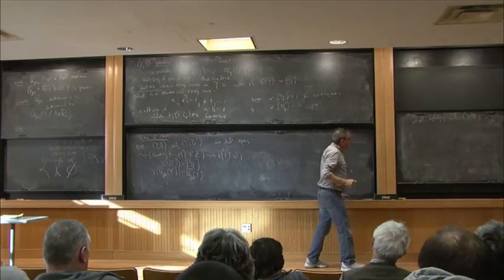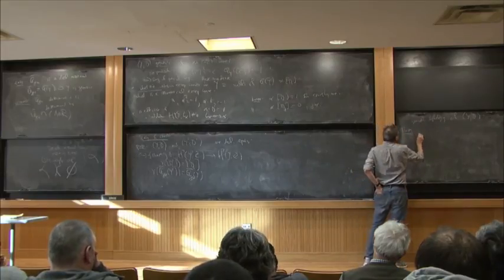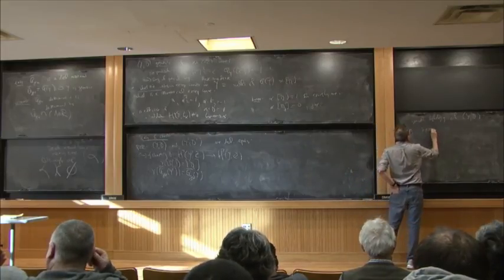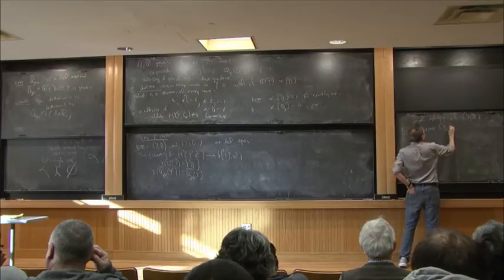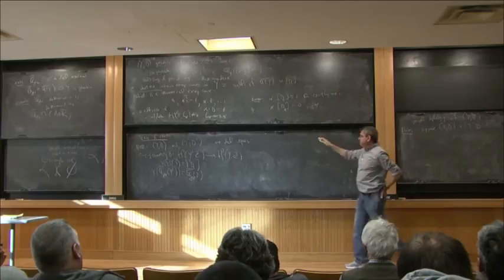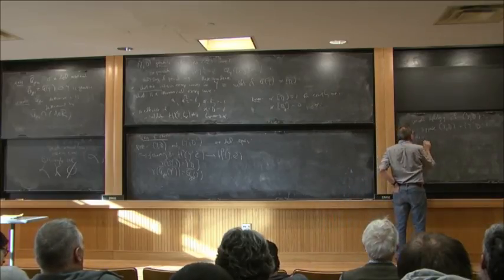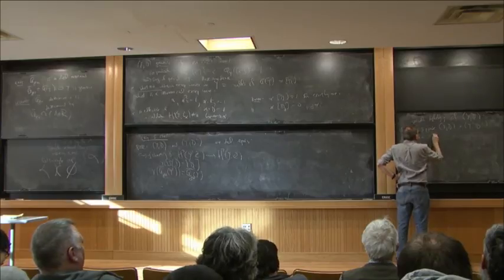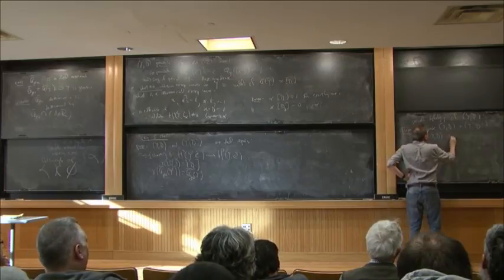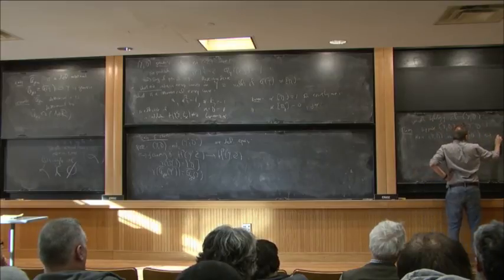Of YD, okay, in a kind of weak sense. So let me call this a theorem. Suppose I have two pairs as above, then YD and Y prime D prime are